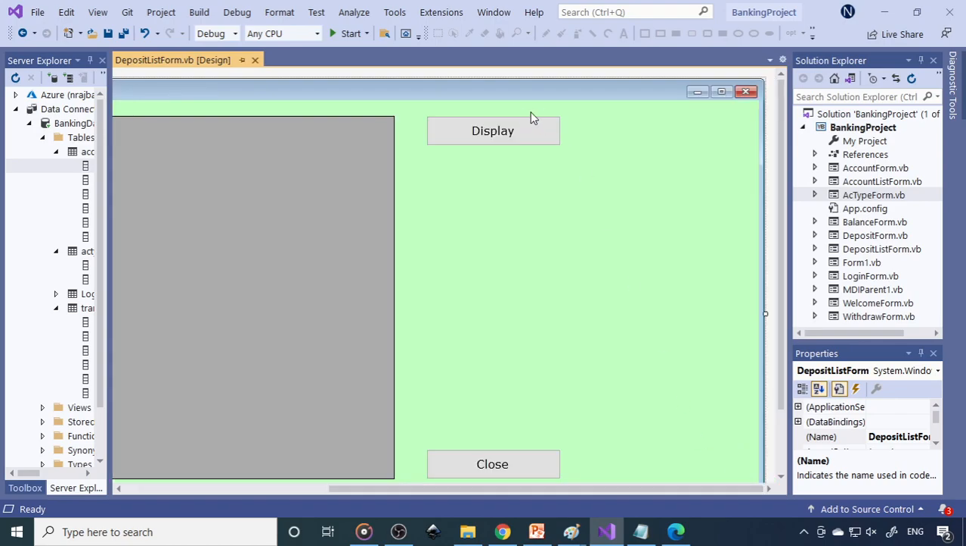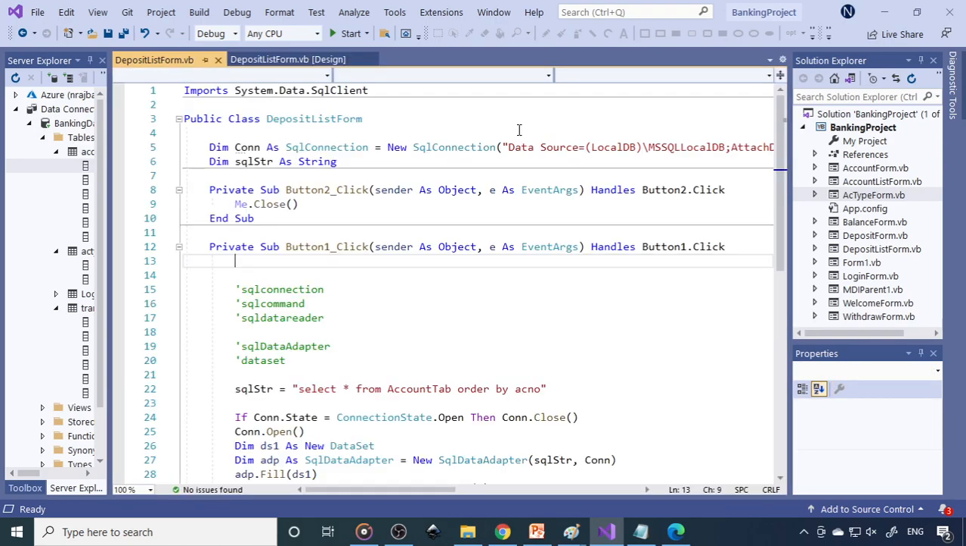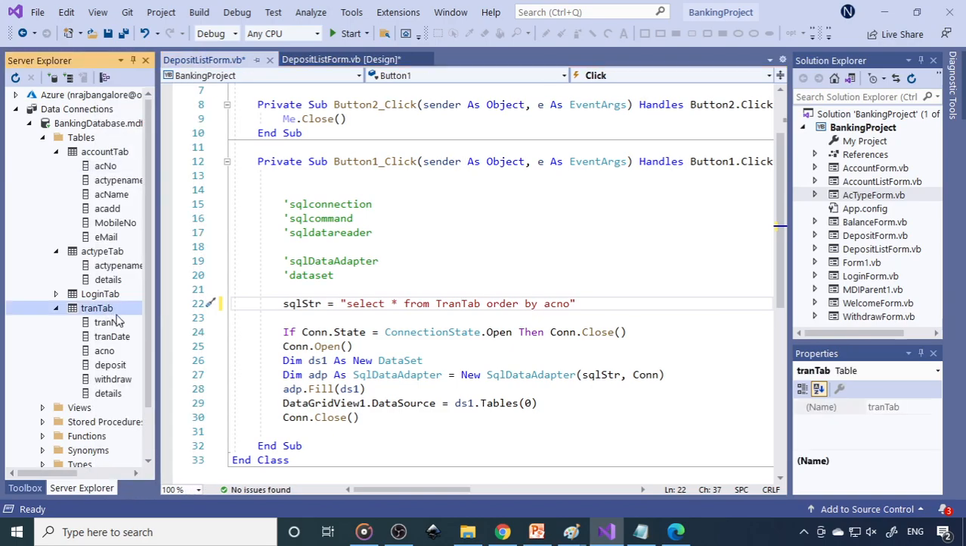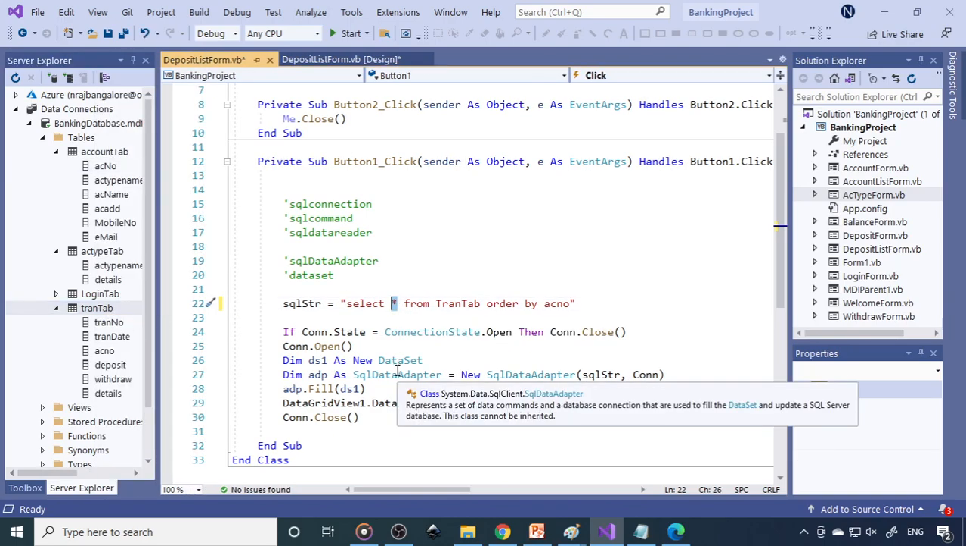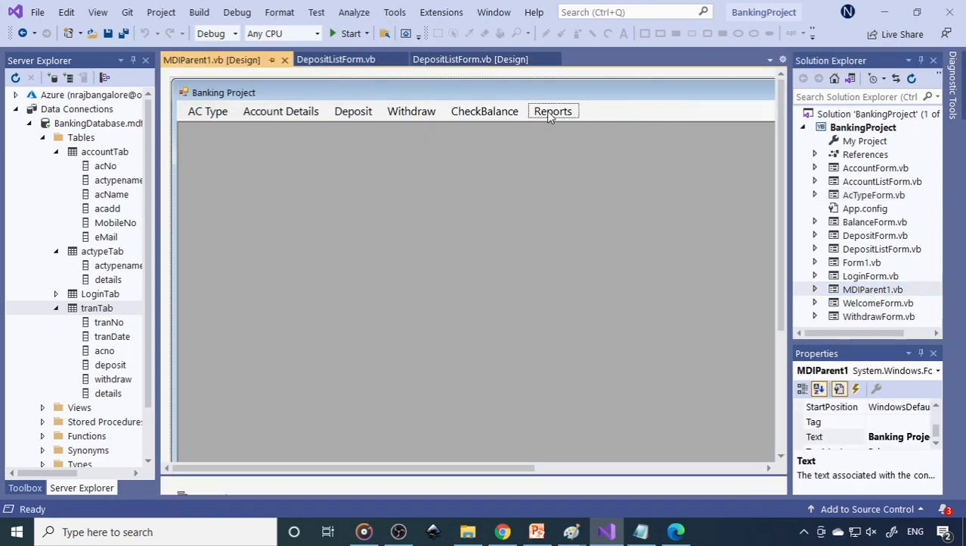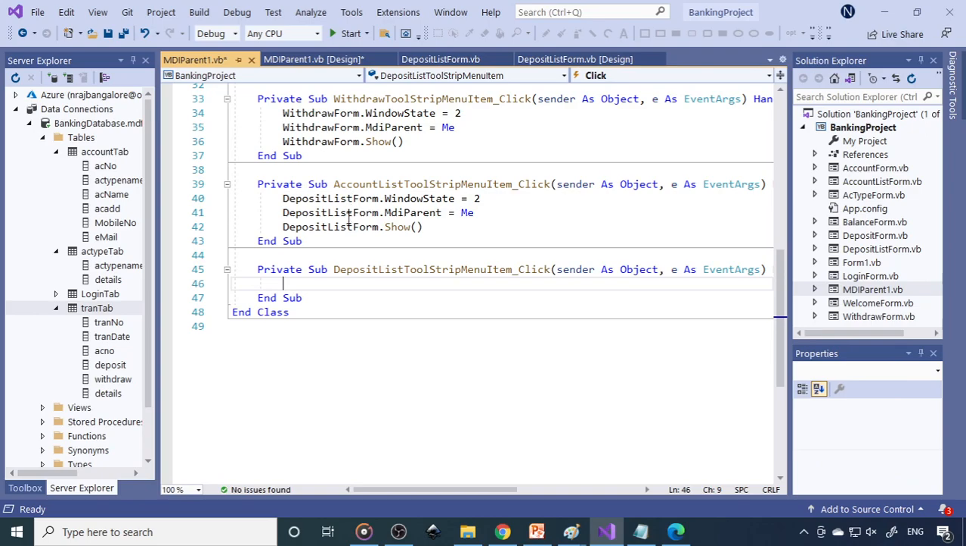Now for the deposit form, you have to take this from the transaction table. Here we don't want the withdraw amount, so you want only the transaction number, transaction date, account number, and then deposit. So this is ordered by transaction number. Fine. Then if you go back to the deposit list, you can see that when you change the name,